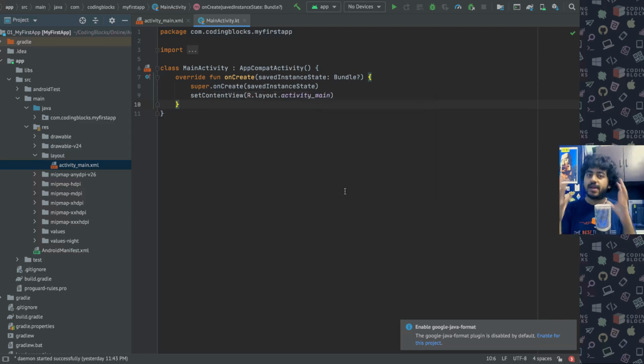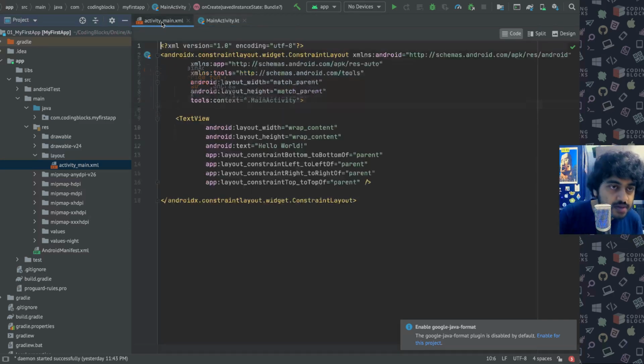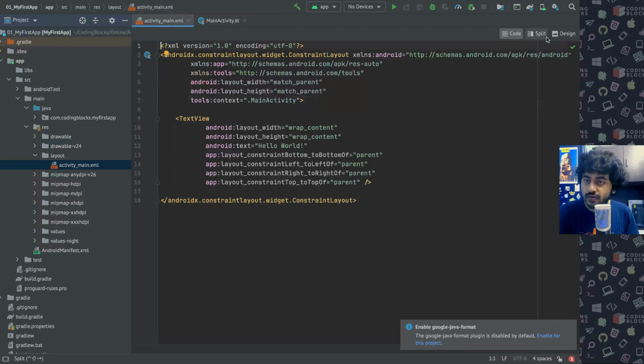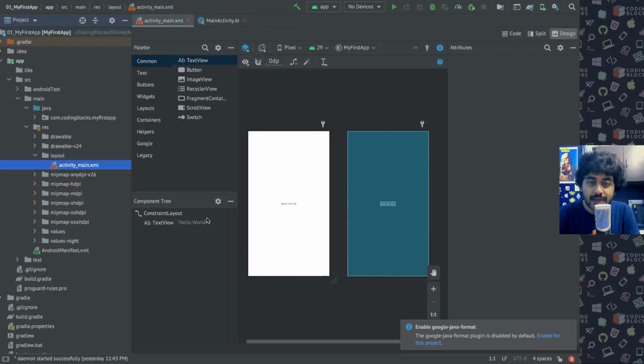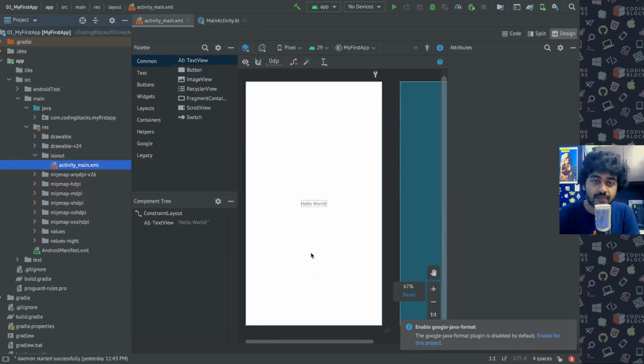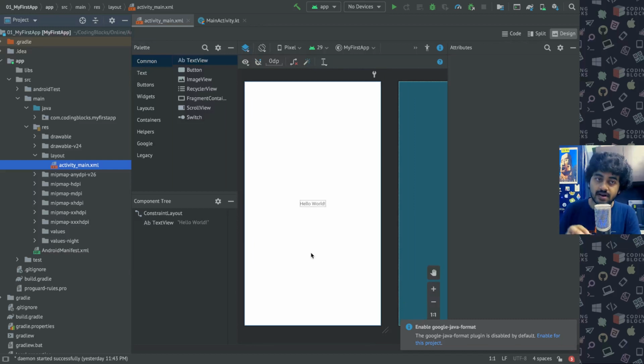It can be very complex, like if you open Facebook, Twitter kind of apps, so many things happening there. Or it could be very simple, like our app here, which has this layout, which if you go to the design view, you will see that it just has this blank screen inside which just hello world is written. Okay, so that's the basic layout that we have not created. Actually, Android Studio has created for us.